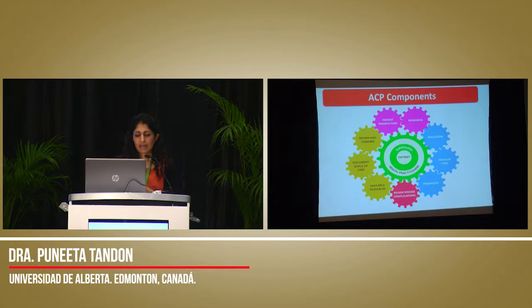So we've come up with a proposed way to carry out these discussions in clinic, and it can apply to cirrhosis and to other diseases. The patients at the center, the surrogates at the outside, and then the healthcare practitioners. And I'll go through some of these different wheels, and you can see that we made it purposely as a cog wheel just to reflect that it's a moving element all the time that needs to be addressed. So it includes getting to know your patient, getting to know how ready they are to have these discussions, educating them, discussing about prognosis, and documenting these things.